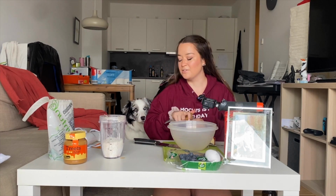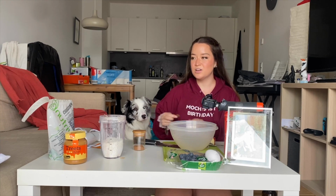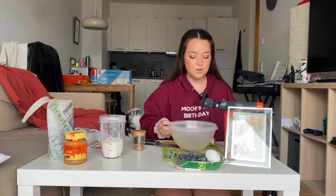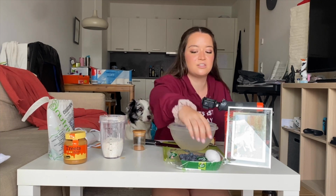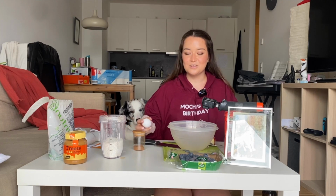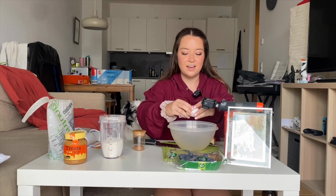Cinnamon is actually really healthy for dogs, or it can be in really small quantities, and obviously not all the time, but it can be anti-inflammatory, it can be an antioxidant, and a bunch of other stuff. So I like to use cinnamon in Mochi's dog treats and obviously for this birthday cake. Then the egg,